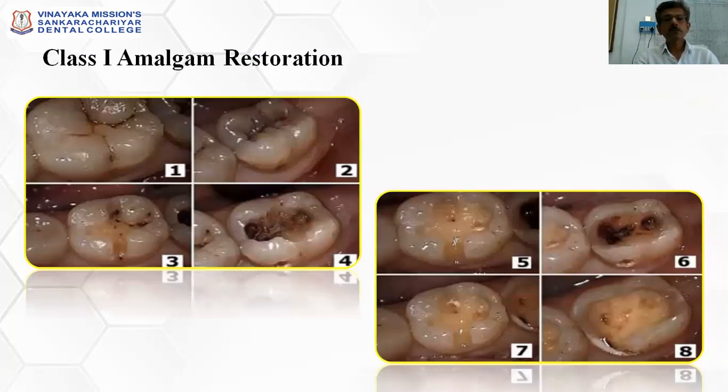Now, here are some pictures of a class 1 amalgam restoration before and after. And there's one on that right side corner which gives you examples for extension and a complex amalgam cavity out here. Now, one thing to be noted is that even though I said in my previous slides that we need to keep the cavity 0.2 to 0.8 below the DEJ,